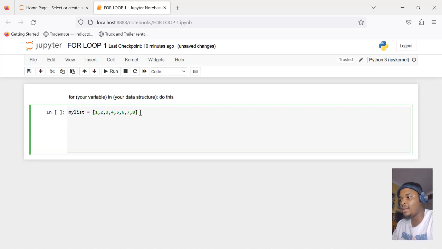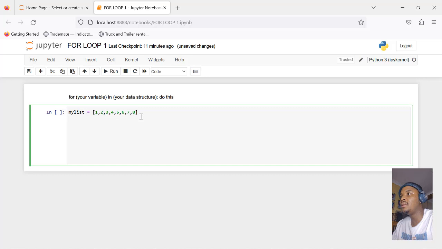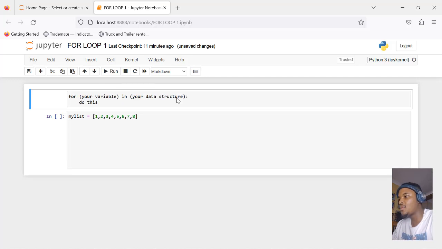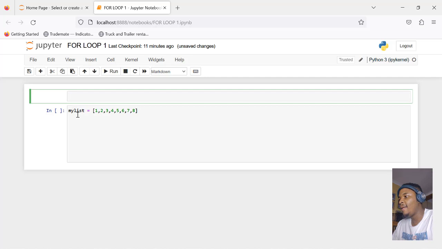So you'll see here, I've initialized a list into a variable called myList, because list is probably the data structure that you will use a for loop the most for. And you'll see I've said here: for your variable, in your data structure, do this. Now, this is not Python code. This is kind of pseudocode. It's not even pseudocode. I'll explain in a later video what pseudocoding is. But